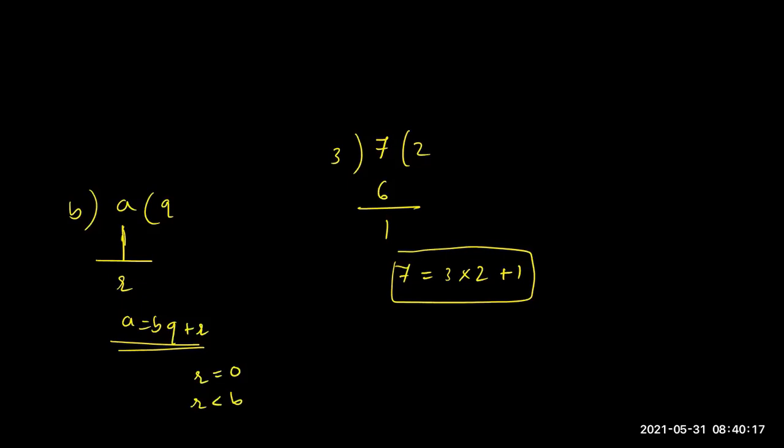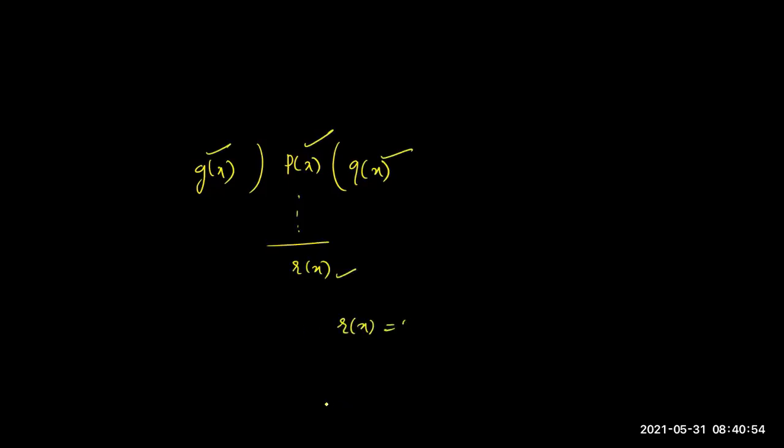So that is the lemma. Similarly, now I'll take one polynomial P of x, and I am dividing it by another polynomial G of x. In that case, I'll get one polynomial in place of the quotient, that is Q of x, and the remainder is R of x. When you divide one polynomial by another polynomial G of x, we'll get a quotient Q of x and another polynomial R of x. Here R of x can be equal to 0.